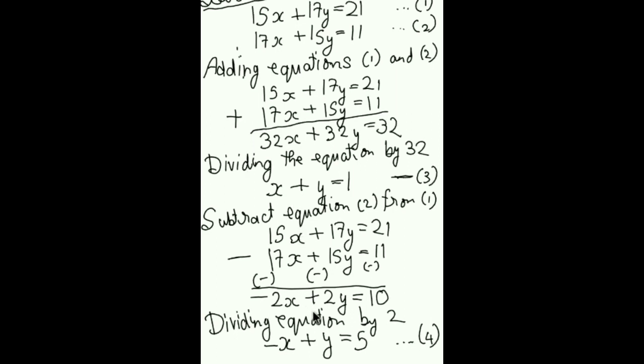Now these two equations, equation 3 and equation 4, are also linear equations in two variables, right? We will solve them simultaneously by using the elimination method. In equation 3 there is x, and in equation 4 there is minus x. So if we solve both equations simultaneously, we will get the values of x and y. I will go to the next page, so please copy this down.